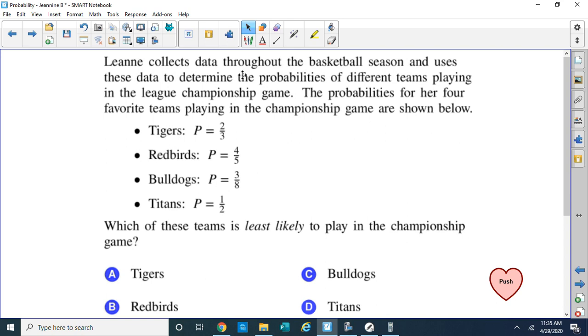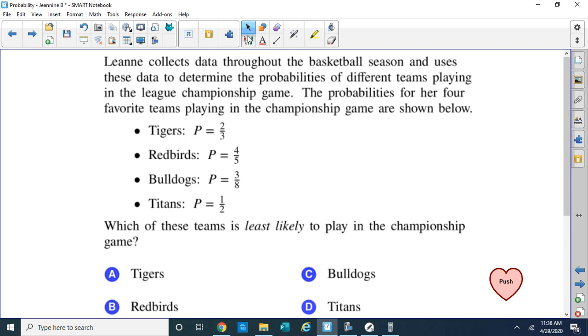Leanne collects data throughout the basketball season and uses the data to determine the probabilities of different teams playing in a league championship game. The probabilities for her four favorite teams playing in the championship game are shown below. Tigers, P stands for probability, by the way, is equal to 2/3. Redbirds, P equals 4/5. Bulldogs, P equals 3/8. Titans, probability is 1/2. Which of these teams is least likely